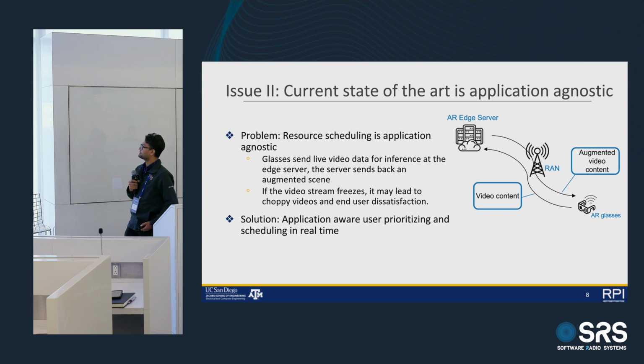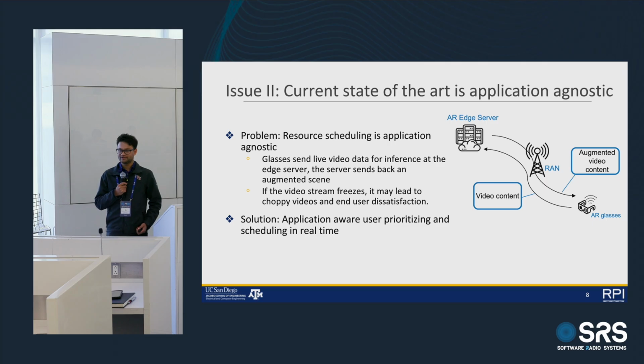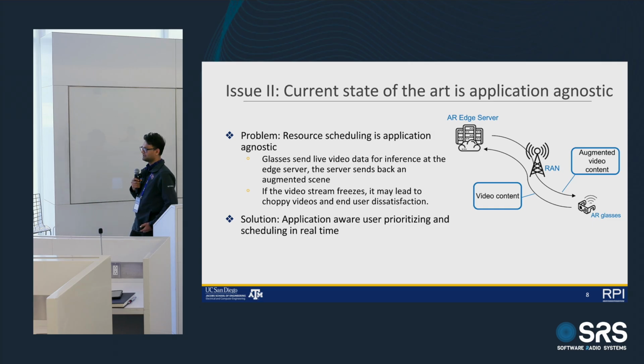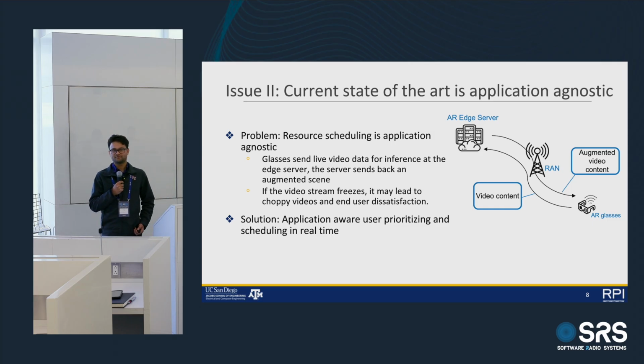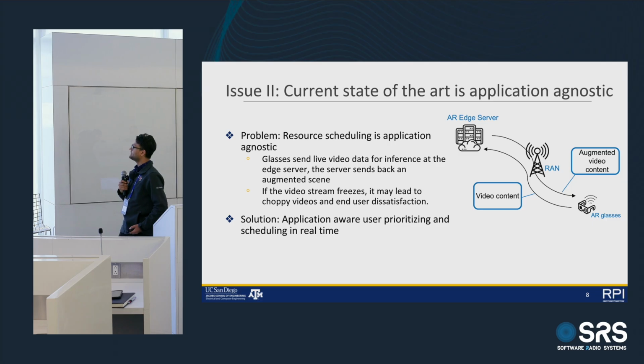So one of the other issues that we notice in the RAN is the application agnostic feature of the RAN. Most of the optimization that we do in radio access network is not driven by application, or not very application aware. So we are envisioning RIC to have application awareness. When we talk about end-to-end application, we are talking about video streaming from a YouTube server or Netflix server, or anything which connects your end devices to support certain application. And here we envision the RIC as a platform to connect with the end devices.